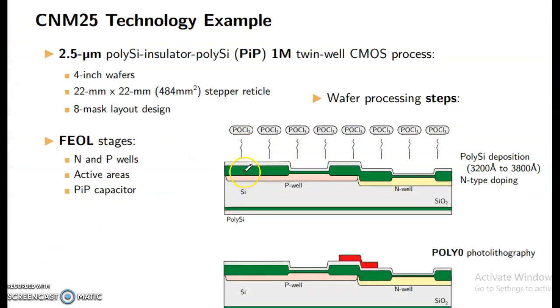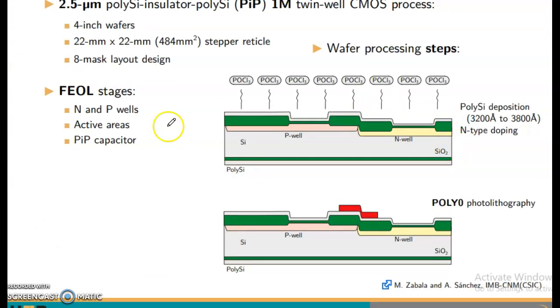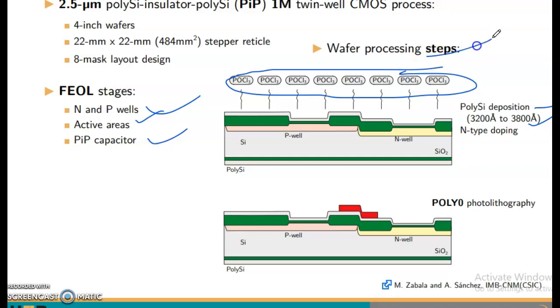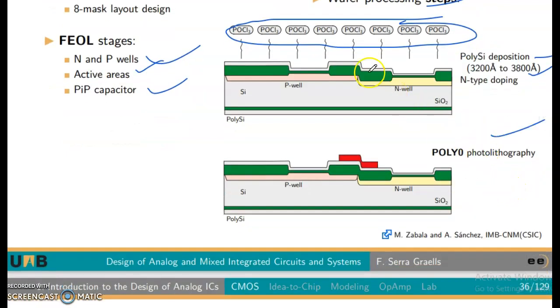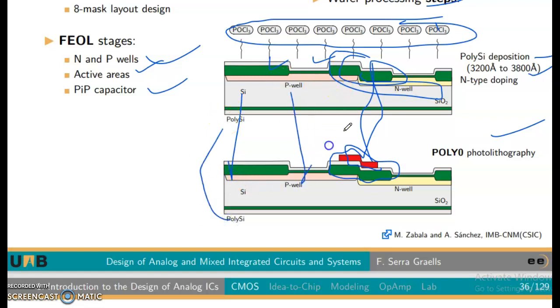Okay, and then here N and P wells, active areas, PIP capacitor, polysilicon deposition. This in between this N-type doping. Okay, poly photolithography. See the difference here. Okay, so the same silicon, same polysilicon. Here only different. Here only different. Okay,